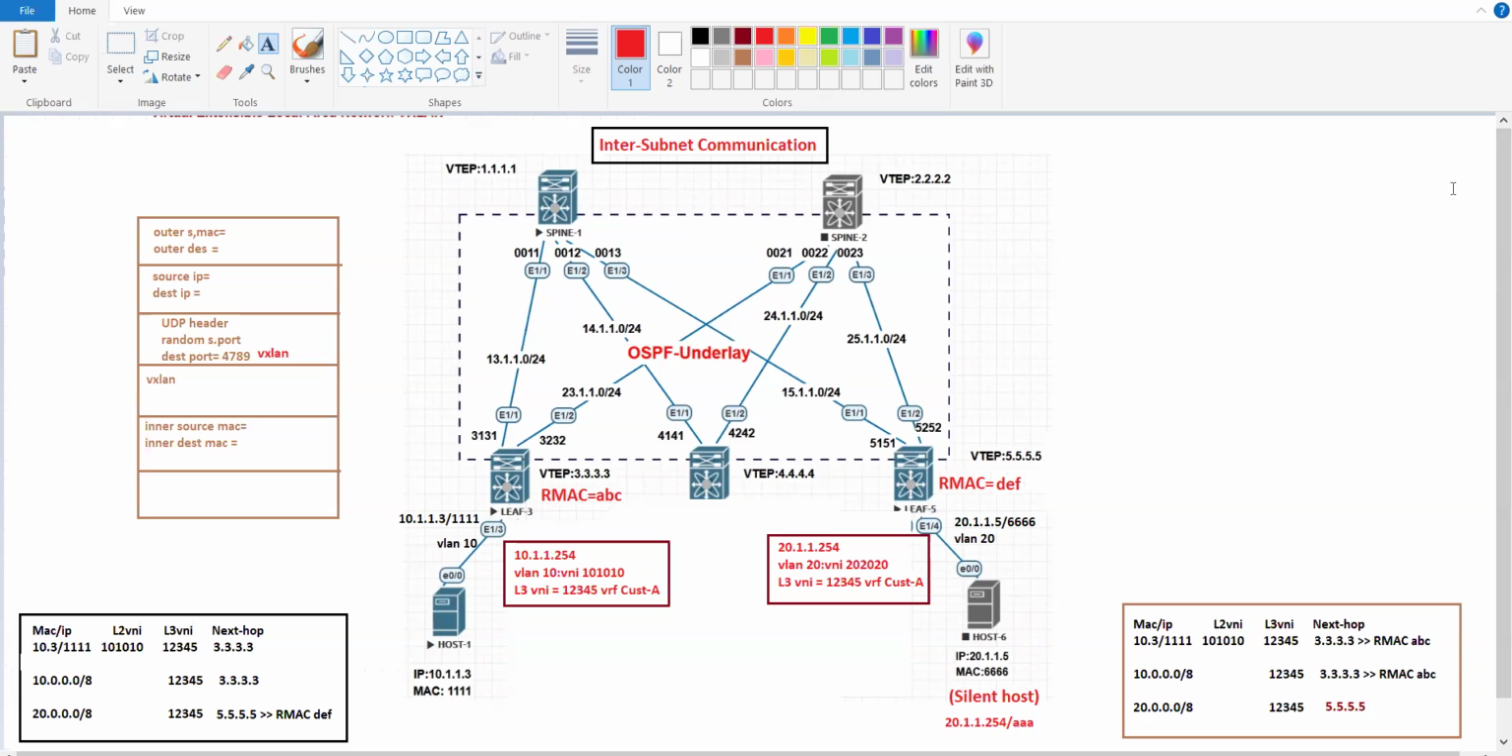In our previous section, we have seen the communication between host 1 and host 6 when host 6 was silent. But in our previous example, we have seen that SVIs were present on both leaf 3 and leaf 5, right? So leaf 3 was also having SVI of 10 and 20, and leaf 5 was also having the SVI of 10 and 20. So because on leaf 3 also the SVI was present, it was using the lowest metric to that prefix or the route type 5, that particular